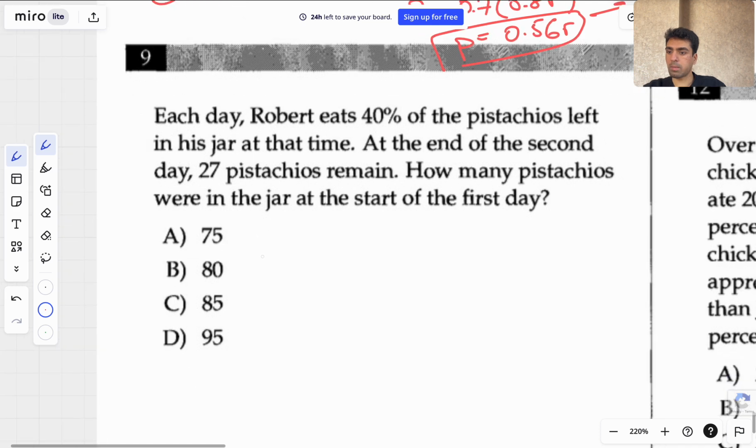Okay, next. Each day Robert eats 40% of pistachios left in his jar. At the end of the second day, 27 pistachios remain. How many pistachios were in the jar at the start of the first day? So you can say, for example, on day 1,